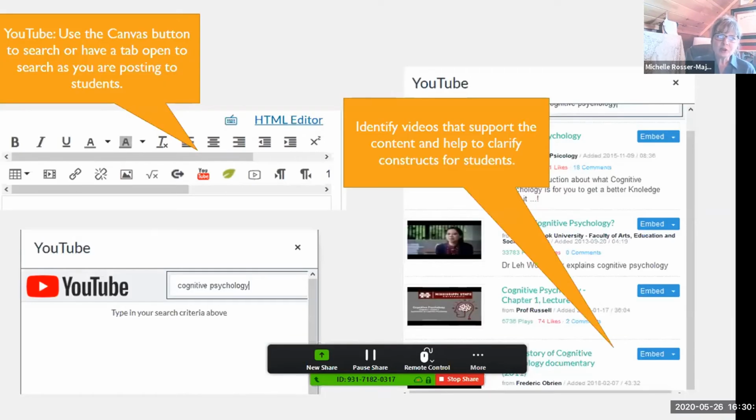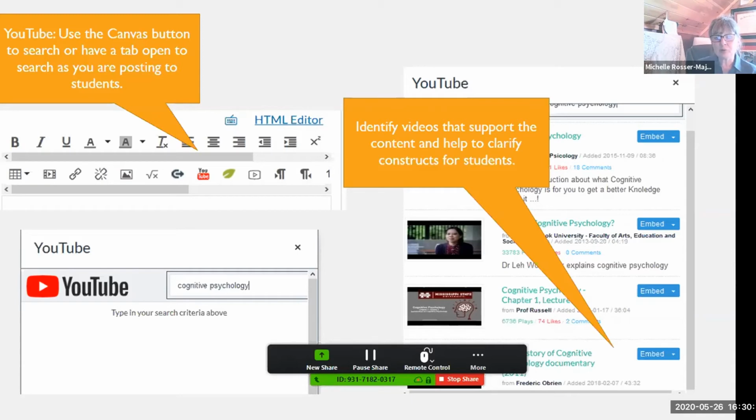So for YouTube, you can also use the Canvas button inside there, and many of you have probably seen that. I wanted to feature that, but I'm also going to show how to embed a regular video. If you go straight to YouTube, I have a tendency to keep up another tab, and I go in so I can do faster searches when I'm looking to make sure that I stay on the same topic that the student is wanting to go with, or what maybe they perhaps did not understand that I can give more information about.